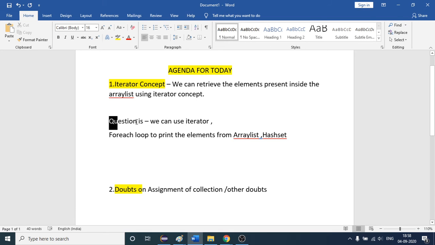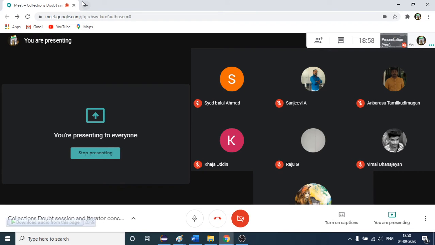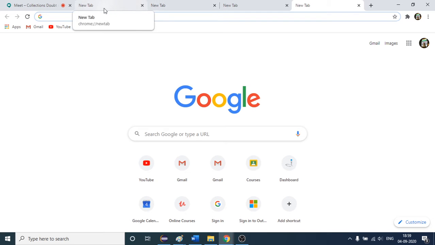The reason I am explaining this concept to you as of now is because of what will happen in Selenium. Selenium will automate your Chrome browser, and we have to work on multiple windows. There can be so many windows. At one point of time your object will always refer to one tab, but you have to switch between these multiple windows. With the help of the iterator concept you can switch between the tabs.